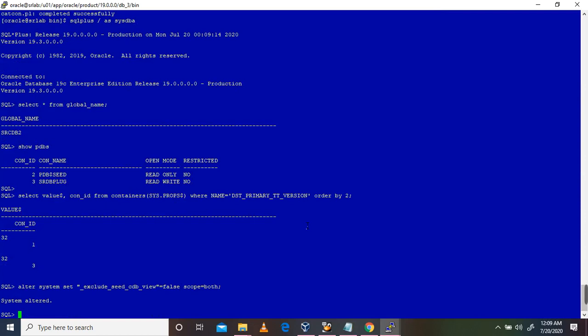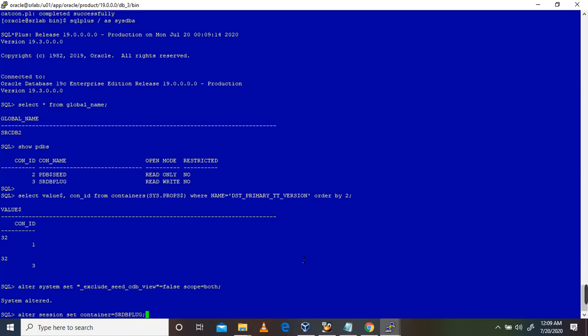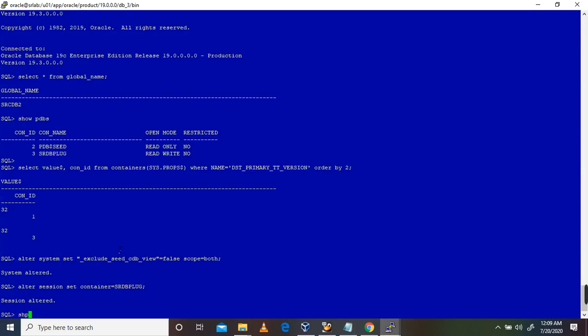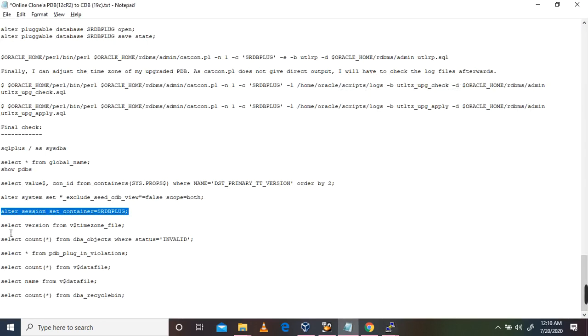Exclusive to CDB is false, and so we are in the pluggable database now, and checking that one. It is 32.